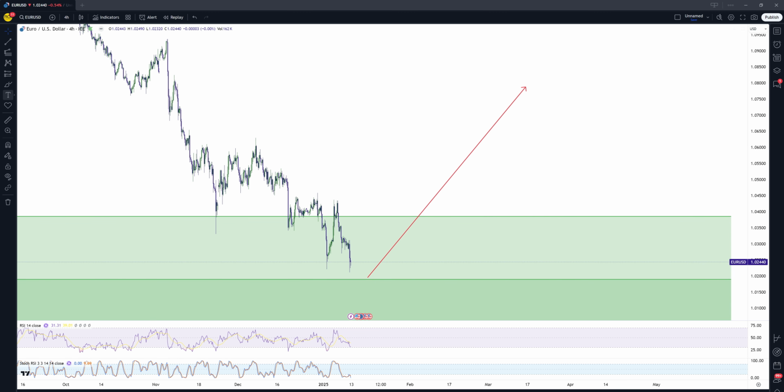So if you trade euro dollar, just know that the market here is ending a structure and is going to have a reaction very, very soon. Even from this week, it is very likely that it is going to create a pivot.